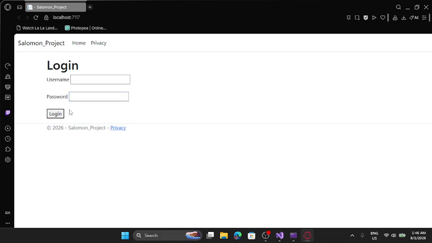If I click login with empty fields, the required validation triggers and displays field-level errors. So there you go.